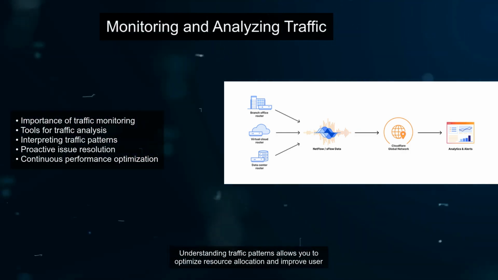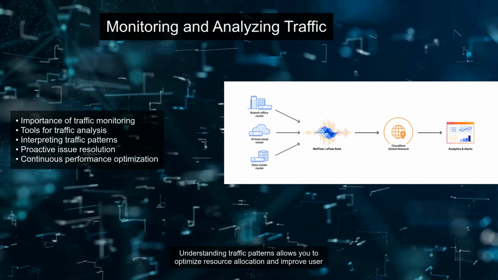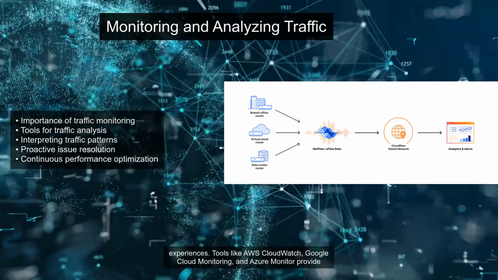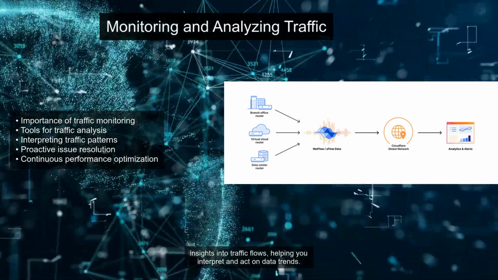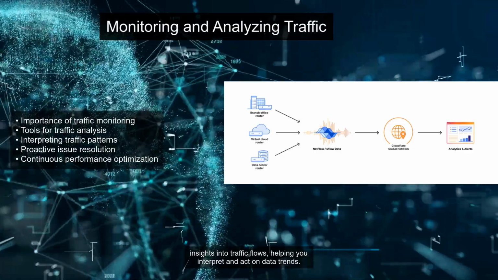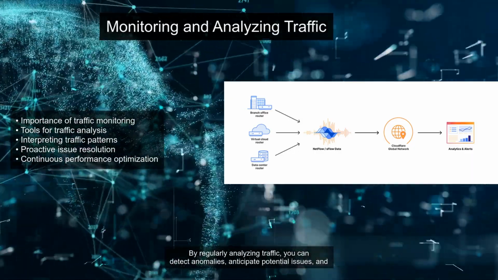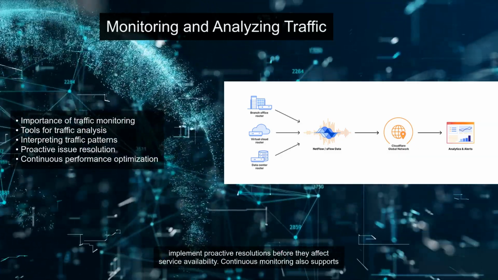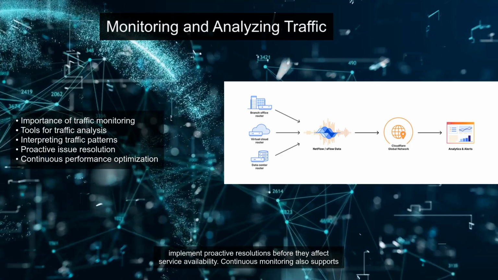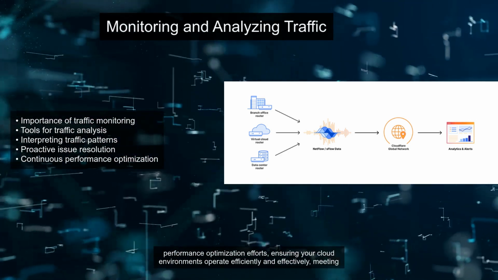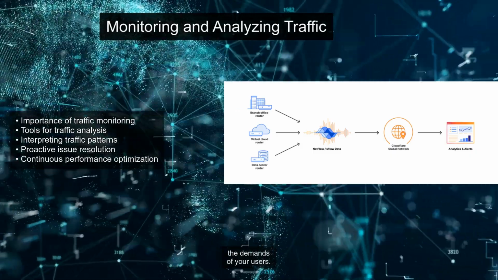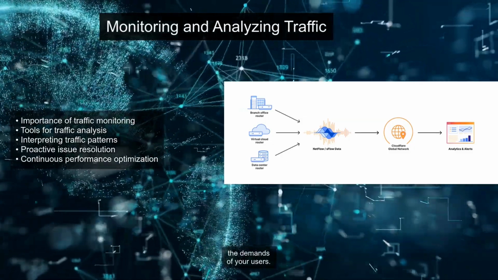Understanding traffic patterns allows you to optimize resource allocation and improve user experiences. Tools like AWS CloudWatch, Google Cloud Monitoring, and Azure Monitor provide insights into traffic flows, helping you interpret and act on data trends. By regularly analyzing traffic, you can detect anomalies, anticipate potential issues, and implement proactive resolutions before they affect service availability. Continuous monitoring also supports performance optimization efforts, ensuring your cloud environments operate efficiently and effectively, meeting the